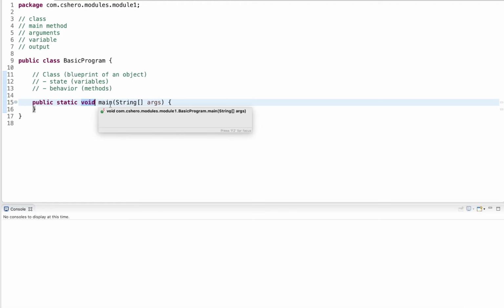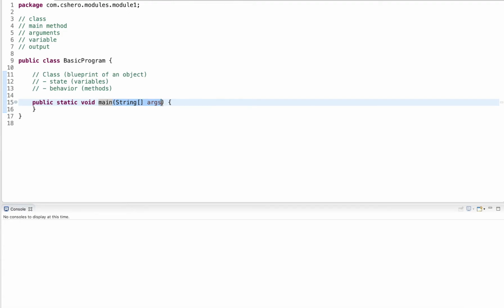Void means that this method doesn't return anything. We just want to execute it. We don't want to compute any information that we give back to the operating system. And then main, I mentioned it's a unique name that means it's the entry point. And then we have something here in parentheses that are the arguments.